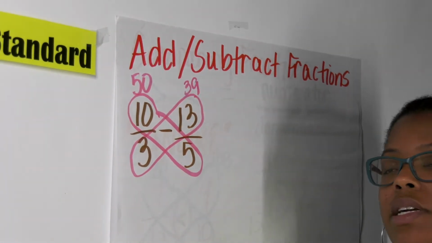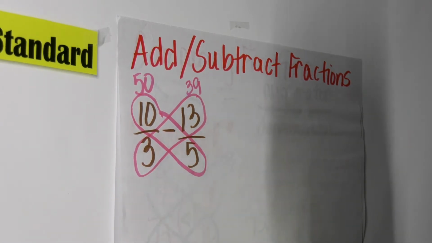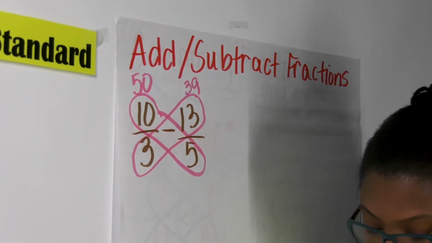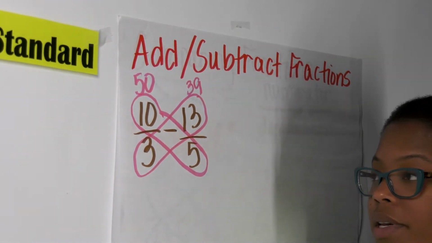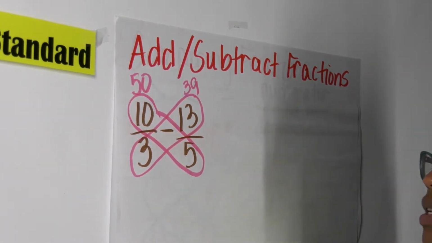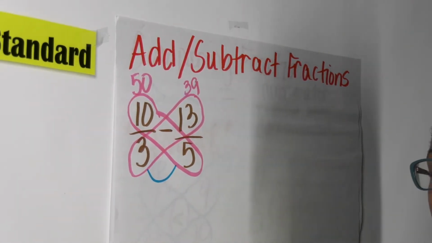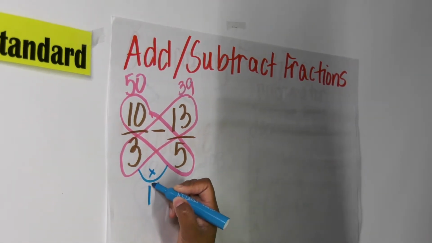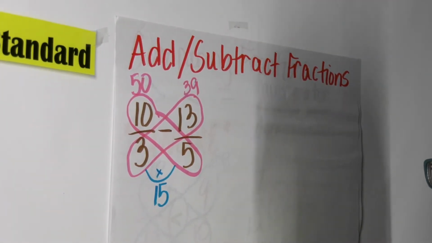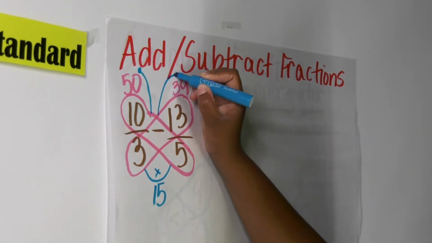Now this is where it gets tricky, okay? Since we're not comparing, we are subtracting. We have to first find a common denominator. And the easiest way to find this common denominator is to multiply the two denominators together. We multiply them, we get 15, okay? So we have 50, 39,